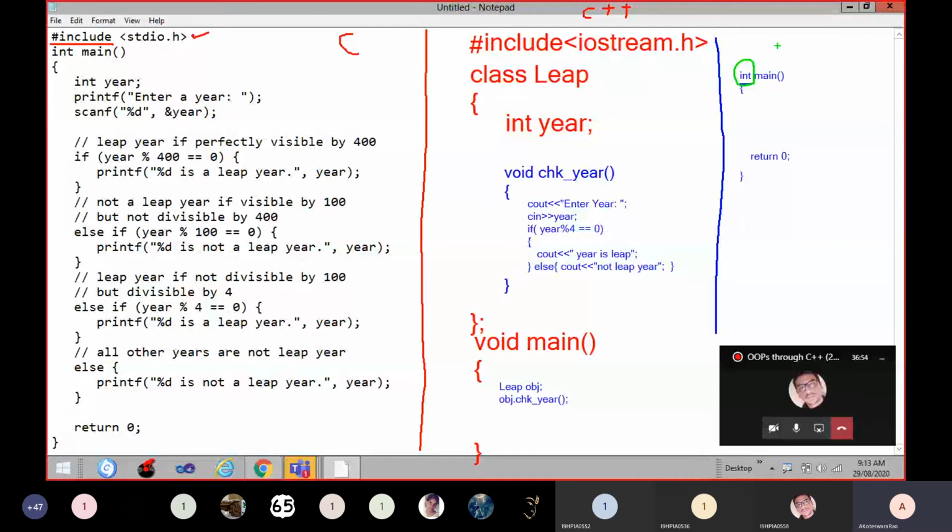Suppose the leap year program, you typed there in Turbo C++. Okay, and when we consider that main function, the return type of main function, instead of void you specified int. Instead of void you specified here the return type as integer type. Yes, it is fine. So if it is a valid return type and not empty, non-empty return type, then definitely you have to include.